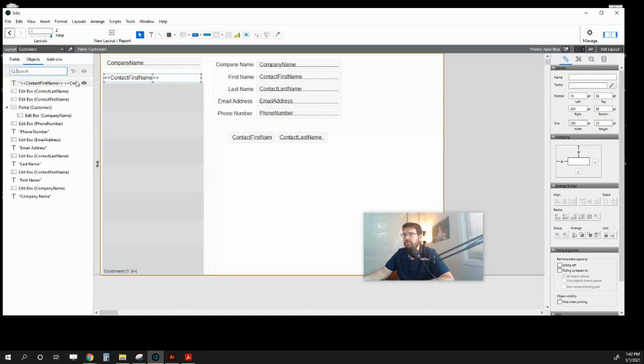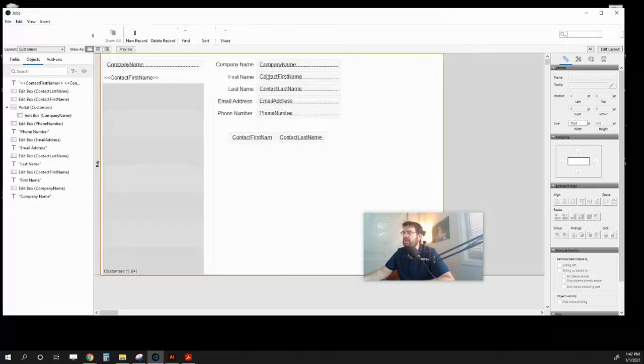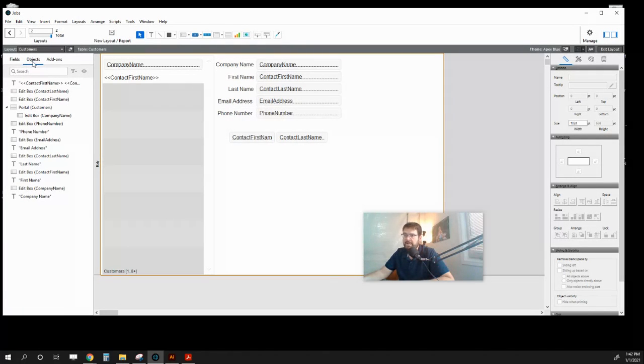And so I can see actually that this is not nested. Let me show you what happens. This is actually sitting above the portal. It's not inside the portal. It's not actually connected to the portal. Let me show you what happens in case that happens to you. You can see we get John Johnson there, and that looks great for John, but then all the others have no information. So what's going on is, if I go to the objects panel here on the left side,